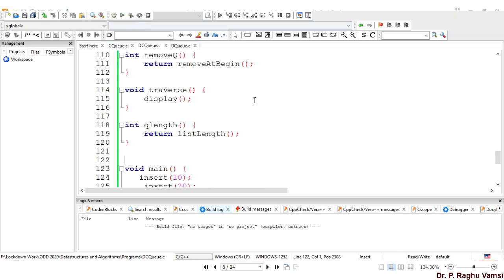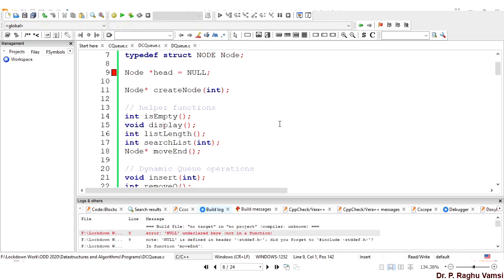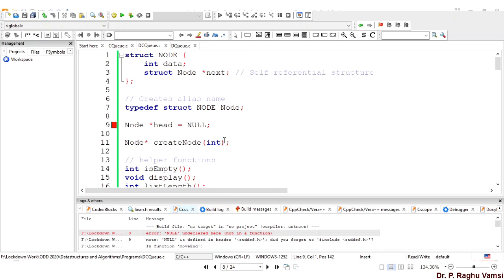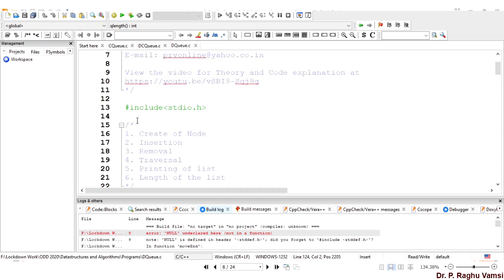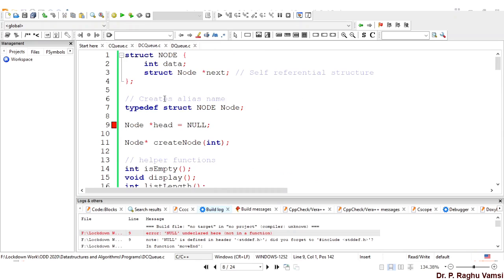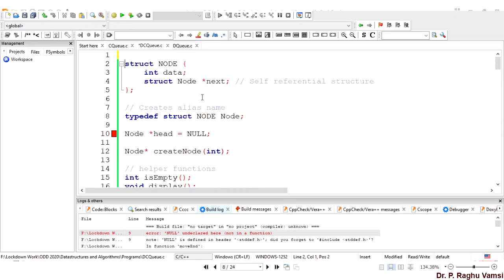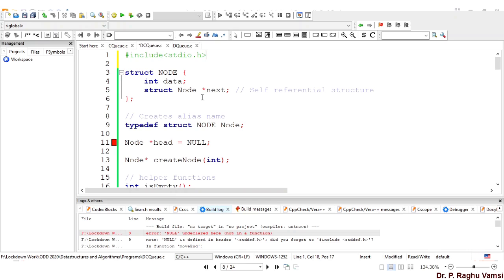Now we'll run the code, and node star head is equal to null. So what is this? Null is undeclared. The reason why it is undeclared is we have not included the header file, because stdio.h is the header file in which you will find the pointer called null.